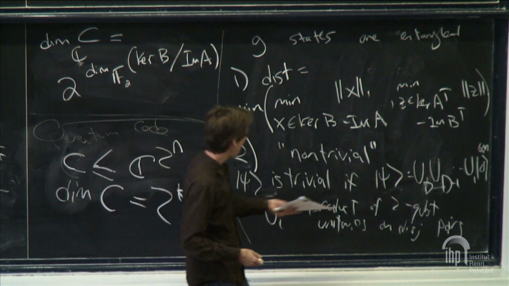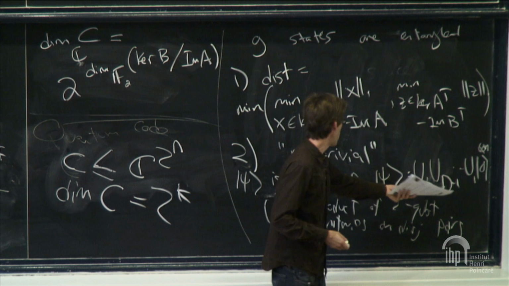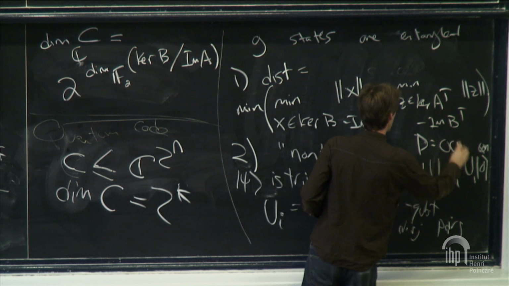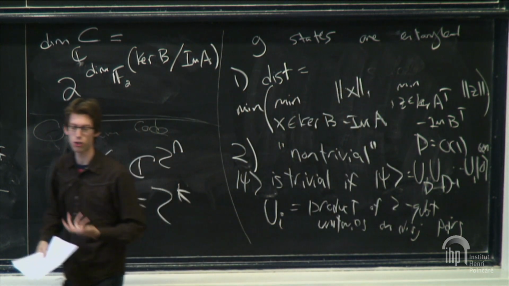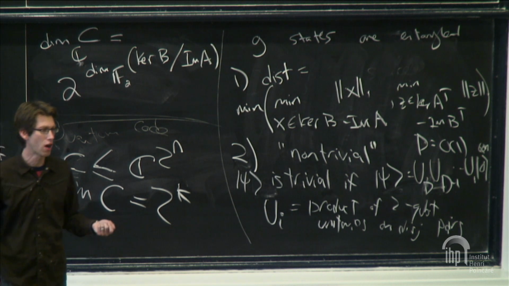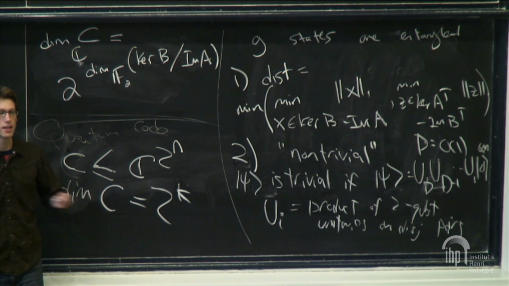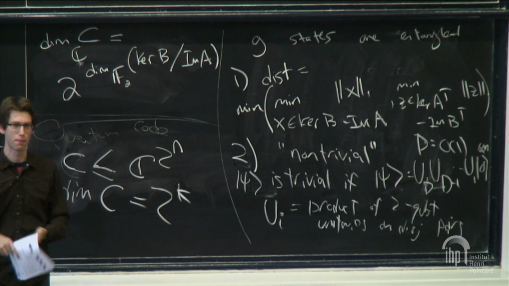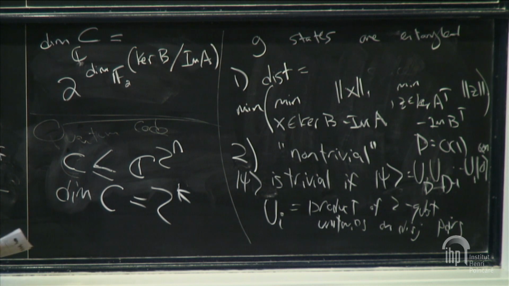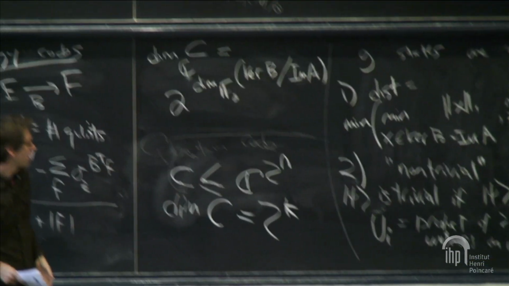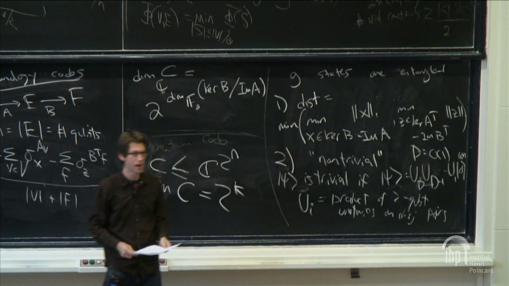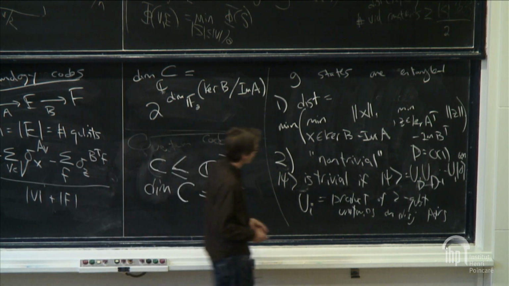And if you can do this in d layers, where d is some constant, then we say that the state is trivial. So for example, n over 2 EPR pairs, you can prepare that in a constant depth. No matter how big n is, you can just do these parallel operations to prepare all of the EPR pairs. But the ground state of these, the code states of these homology codes, you can show are not trivial. You cannot prepare them in a constant depth from product states.